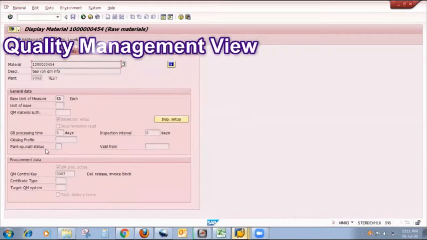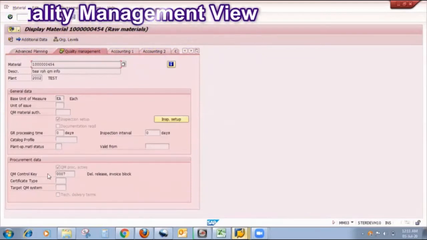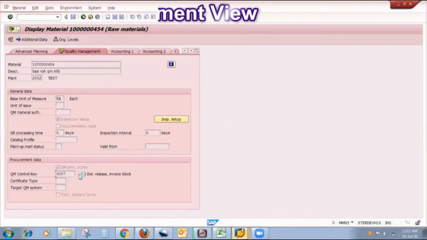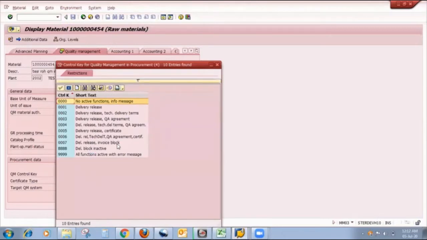And here in procurement data, I maintain QM procurement active, and my QM control key is 0007, that is delivery release and invoice block. You can use another control key or you can maintain your customized control key.